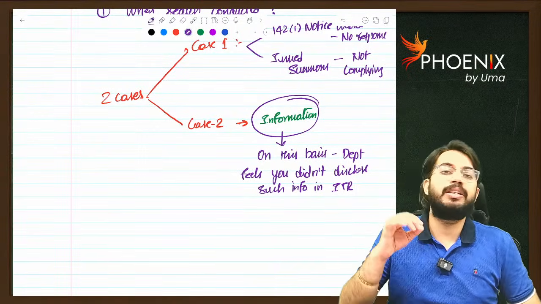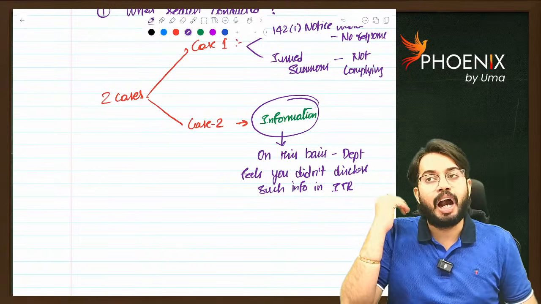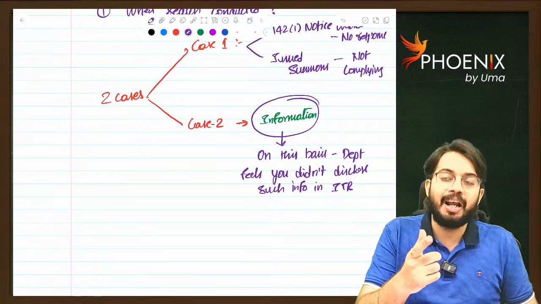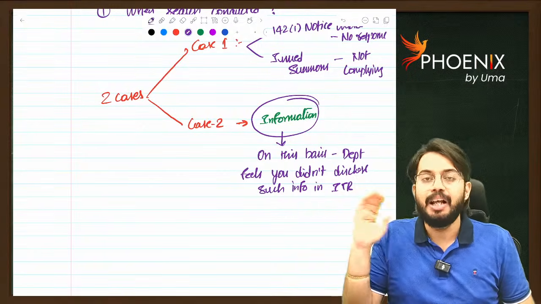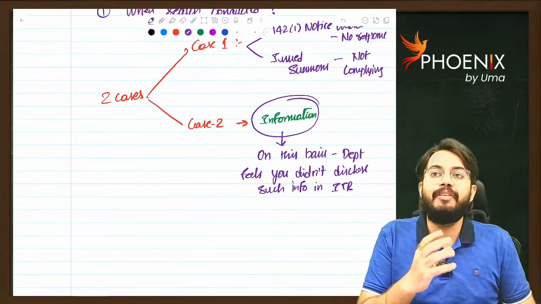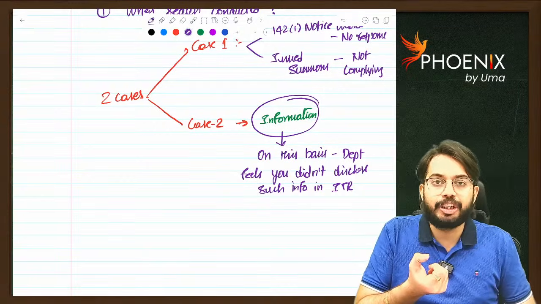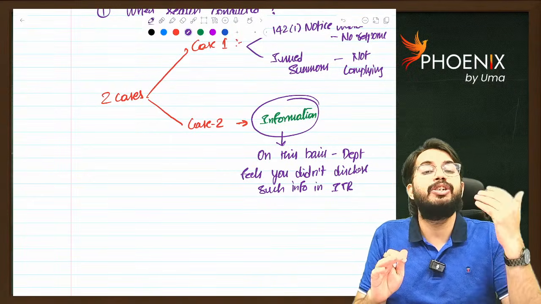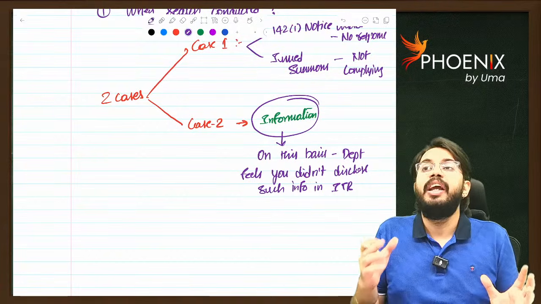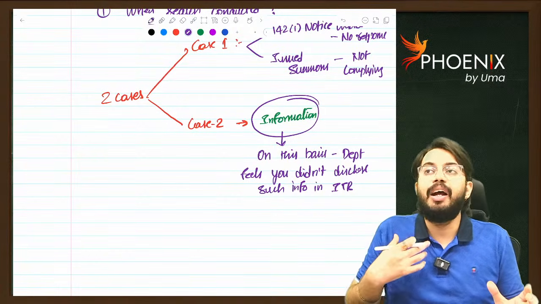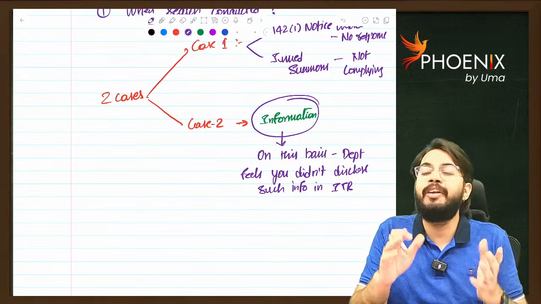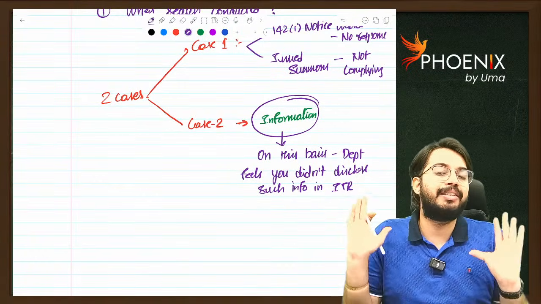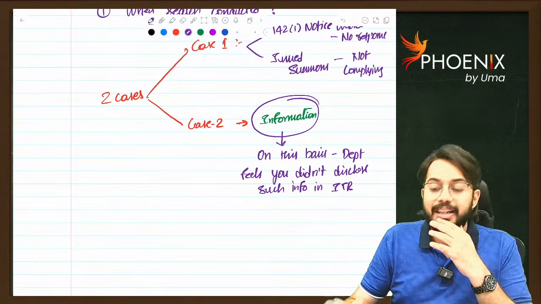So whenever notice under 142(1) is given and it is not complied with, the department can do search. Whenever summons are given and SSC did not appear in person, then also search can be done. Whenever the department has some information which it feels is not disclosed in the ITR, or even if notice is given, the department is so confident that the information will never be disclosed by SSC in the ITR, in these cases the department has power to do the search.